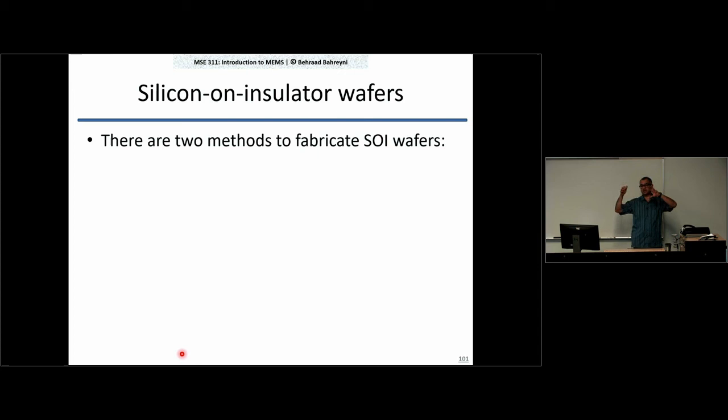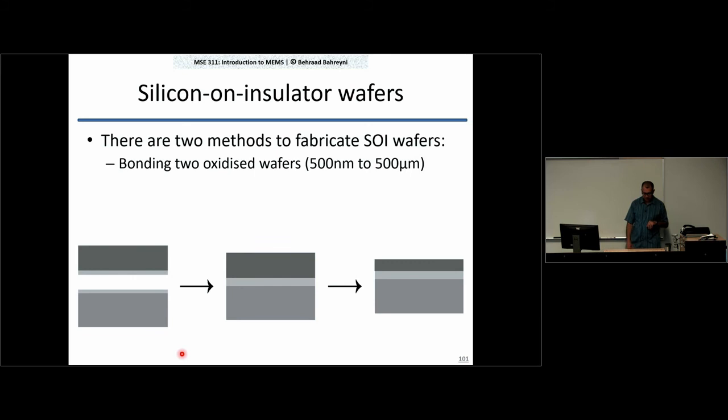Very simple reason for that is that electrical isolation between different parts is now easy. If I etch a piece of silicon and isolate it, let's say material-wise, from the rest of the structure, it is also electrically isolated from the rest of the structure. But there are other advantages to it as well. So what we do first, the